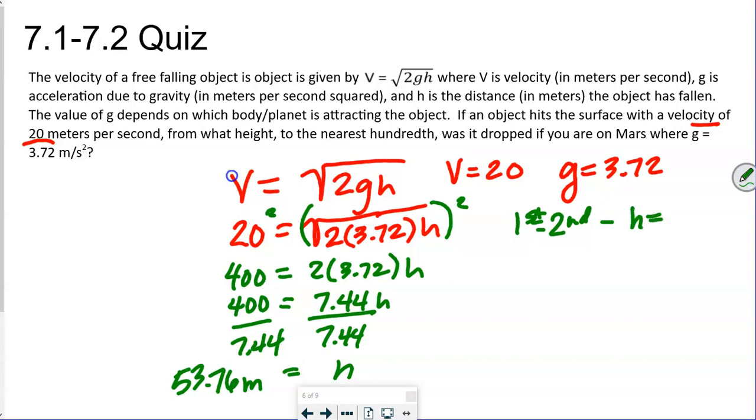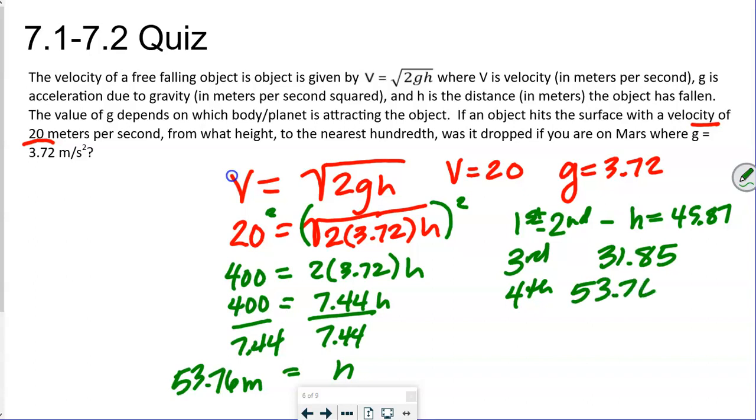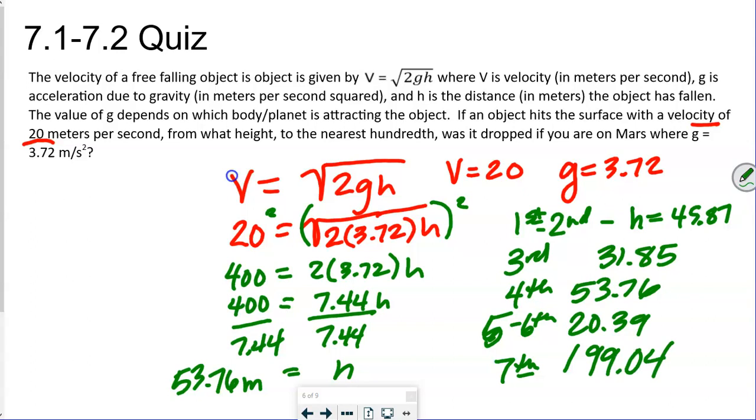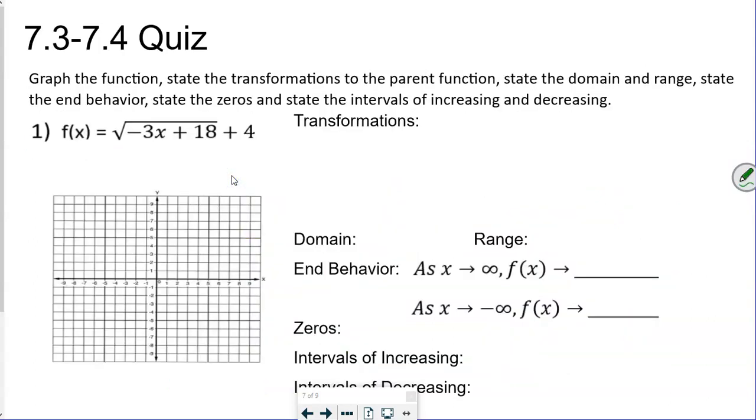H was equal to 45.87. Third was 31.85. Fourth was the one we just did, 53.76. Fifth and sixth was 20.39. And seventh was 199.04. Okay? So for 7.3 and 7.4, I'm not going to be able to do what we just did